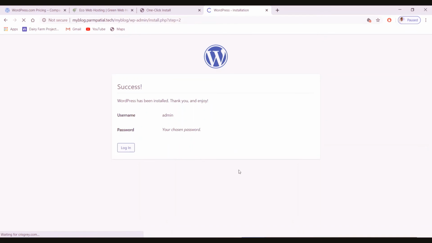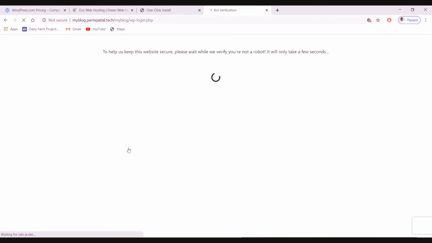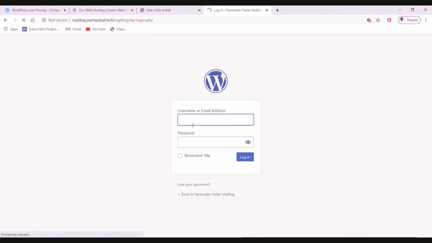So the installation of WordPress is done. Now you have to log in to your WordPress to proceed further. The live server will check your credentials, then it will lead you to the login page. Here you have to enter the username or the email address that you have given, then the password.